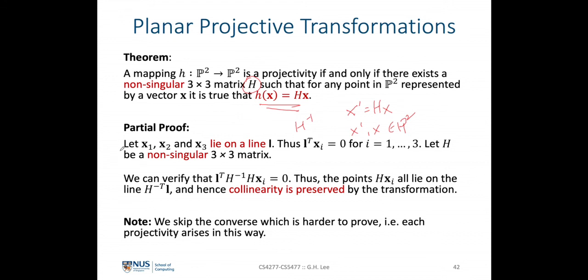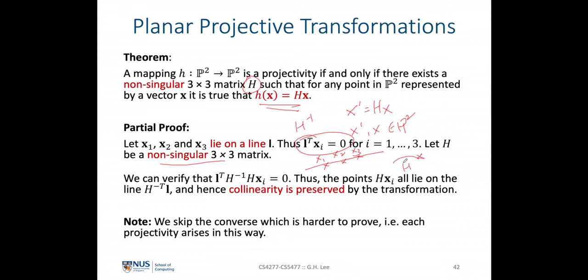So the partial proof begins with: let x1, x2, and x3 lie on a line. So these three are lying on a line, x1, x2, and x3. Thus, this equation of the line-point incidence relation holds true, where the dot product of the line and the points will be equal to 0 for 1, 2, and 3. And let H be a non-singular 3x3 matrix. So we can verify that after